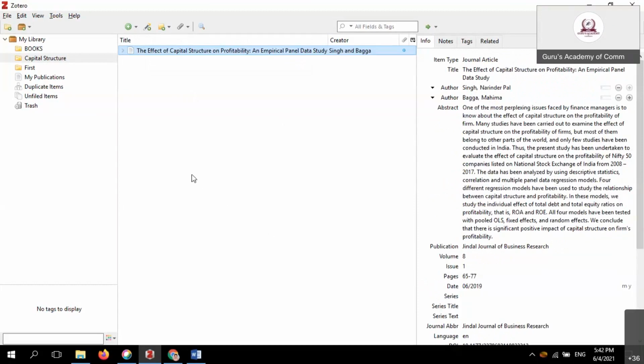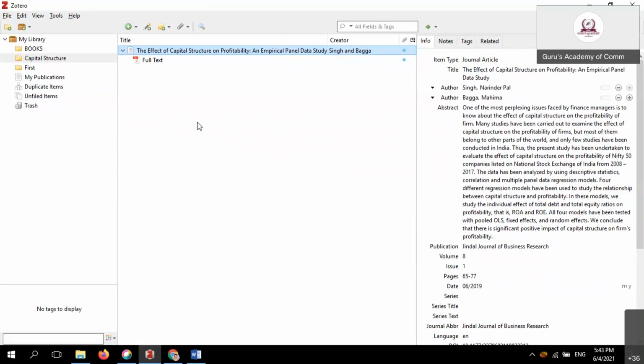Now we want to access the PDF, so simply Zotero collected the full text also. Was it already downloaded? No, but Zotero is working very excellently here.